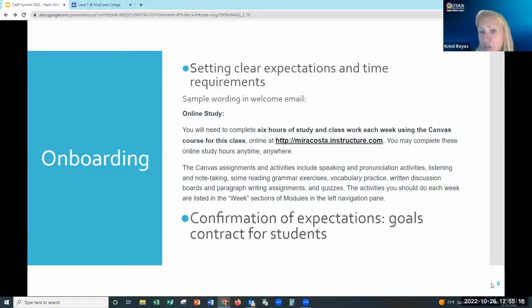But what you can do to make sure that students understand the time commitment to online study is have them write a goal statement or fill out a form, like a Google Form or a survey in your LMS, just checking off, yes, I understand that I need to go independently online this many hours,